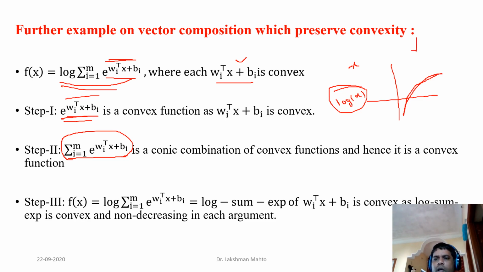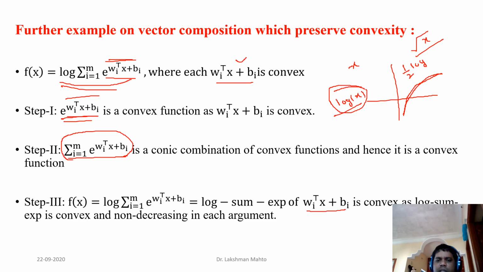So here x is a convex function. Once we apply log x over it, it becomes a concave function, like this way. Like if someone takes another kind of function, root x, root x is again a concave function. If you take the log of this one, half log x will come. So half log x is a concave function. So we can't say anything if we just apply the logarithm over a convex or concave function. It may or may not preserve convexity. So it is a very complicated kind of thing.